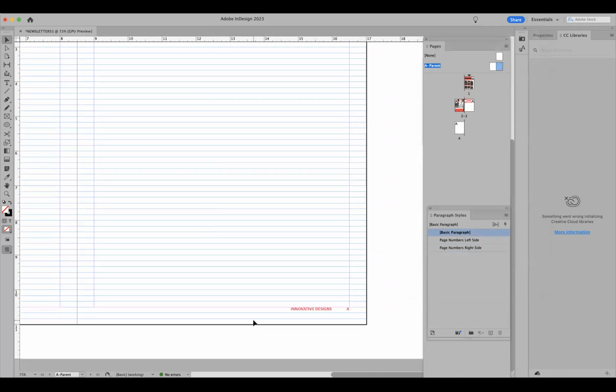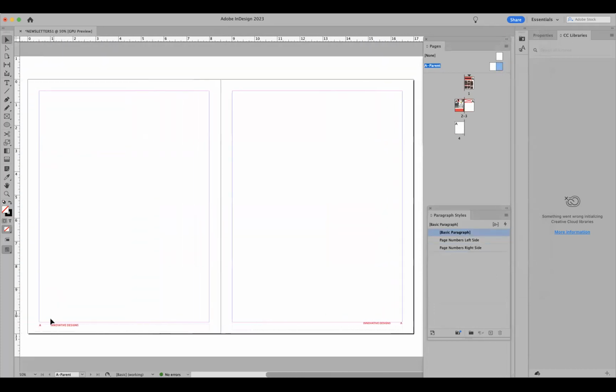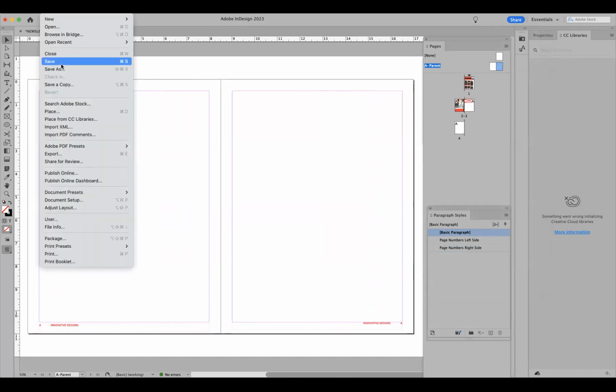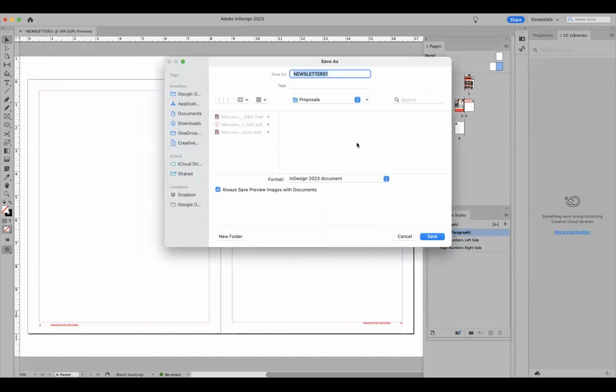So it should look like this, where you have the left side with your A marker, Innovative Designs, and your right side, same thing, just on the right-hand lower side. All right. So we're going to save this. And then what we're going to do